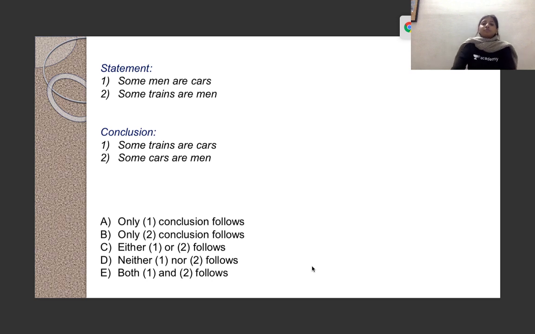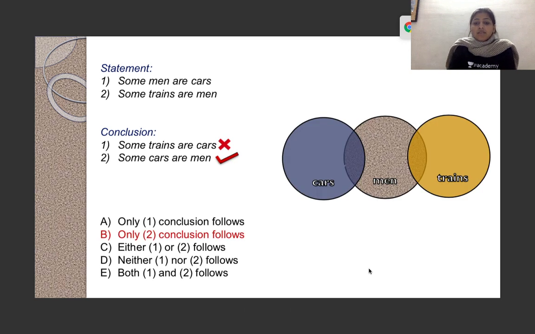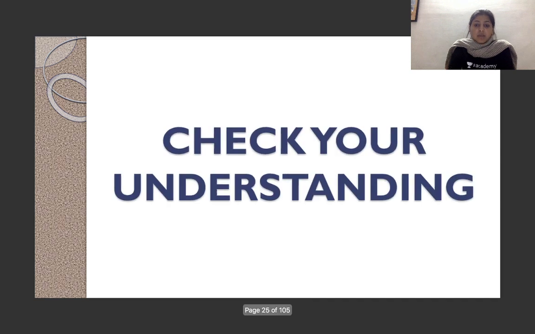Only two. Okay. Some men are cars and some trains are men. This is how the diagram will look like. And some trains are cars. No, I don't see a relation between train and cars. Some cars are men. Yes, that's true. So only conclusion 2 follows. Option B is correct. Next,